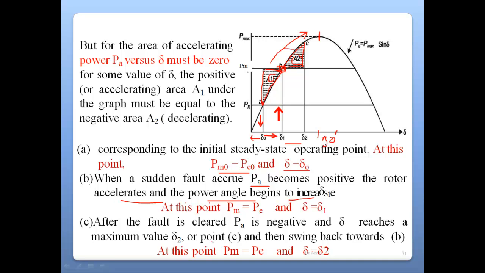After the fault is cleared, PA is negative, right? Negative means it will come down. And how will it be recovered? It will be recovered by reducing its torque angle or rotor angle. So it is a property of a machine to recover itself within a short span of time. But if it does not recover and the problem persists for a long duration, then it is a main cause of the machine failure.